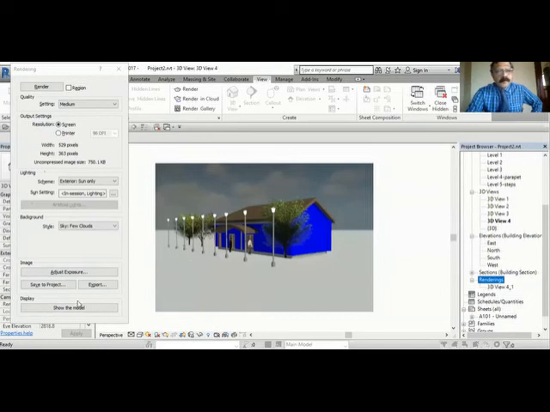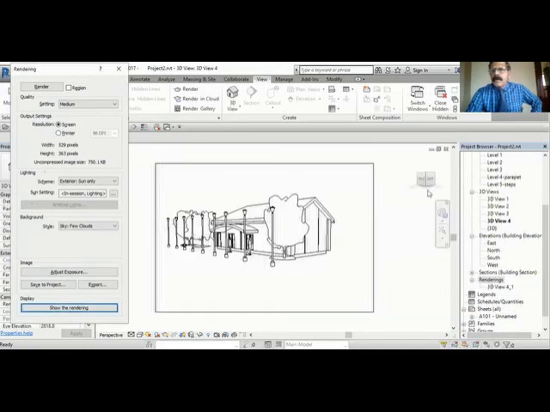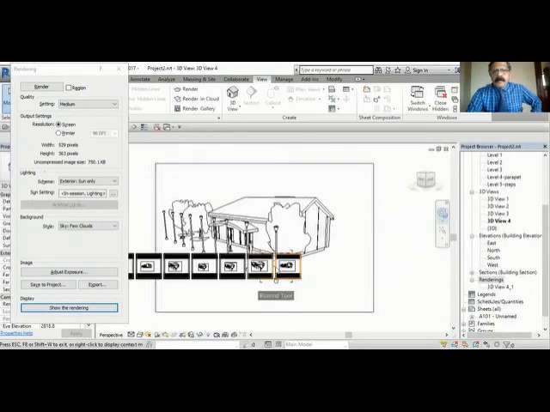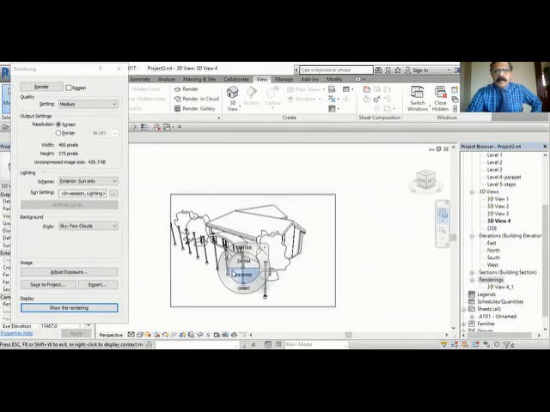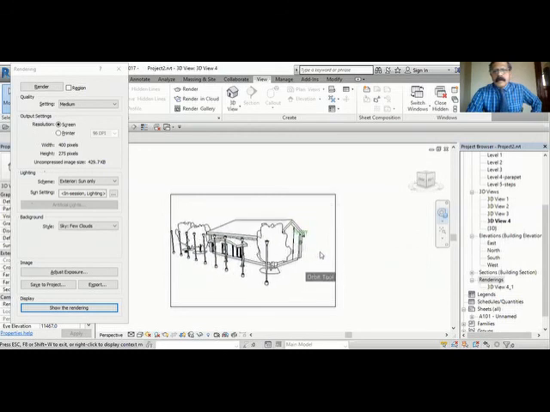We'll go here, go to model. Okay, make another one. Little different. Sun only. Render.